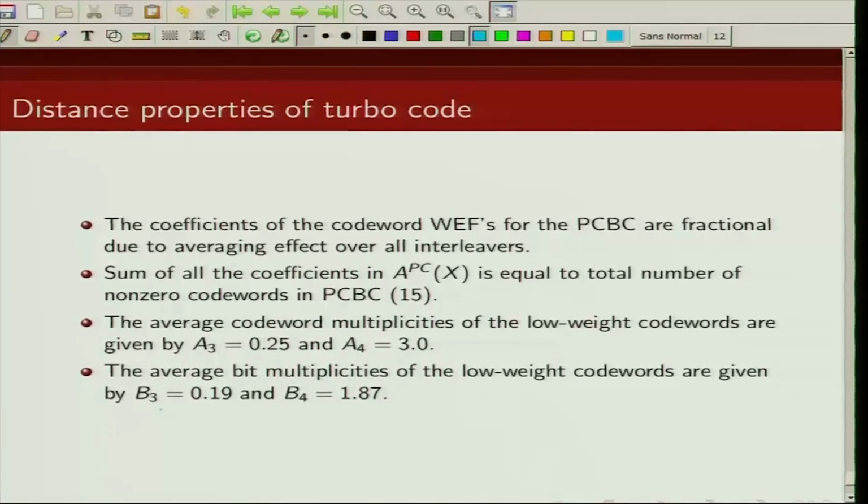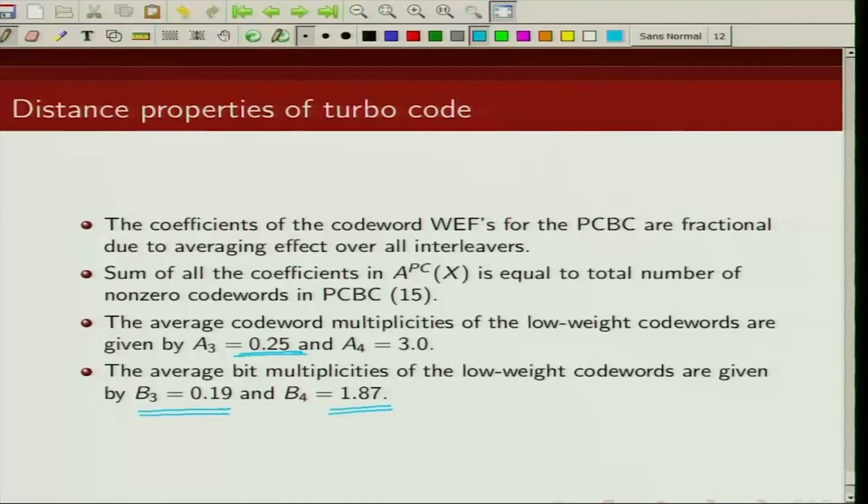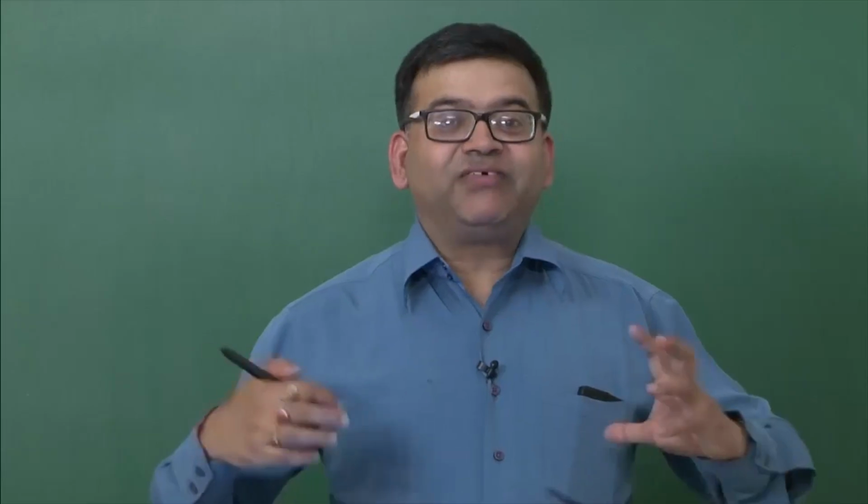Similarly, bit multiplicity for input of weight 3 is 0.19 and it is 1.87 for input of weight 4. If you compare this code multiplicity with the original code, the 7-4 Hamming code, which had 7 code words of weight 3, here you can see the average multiplicity is 0.25. So you can see the effect of the interleaver